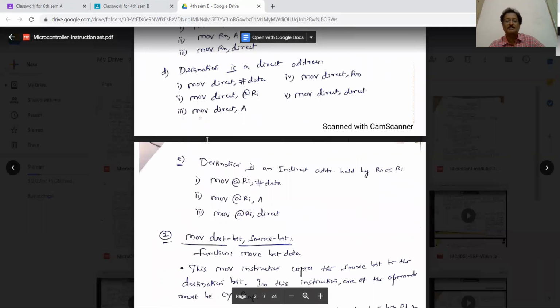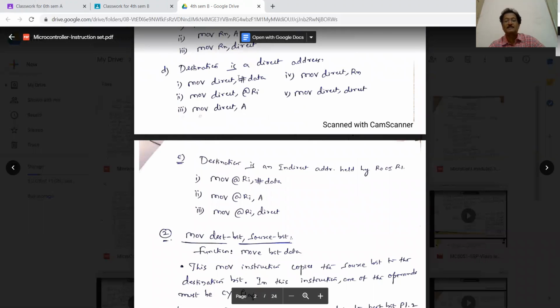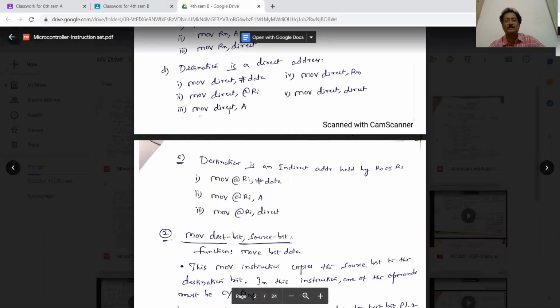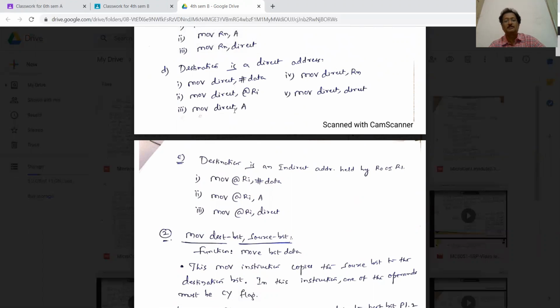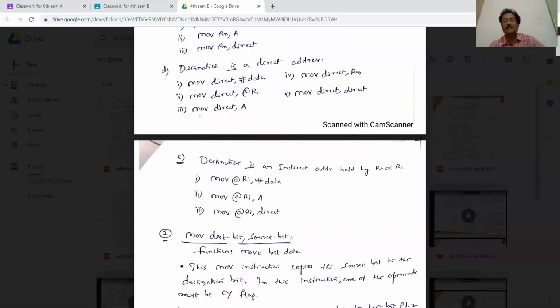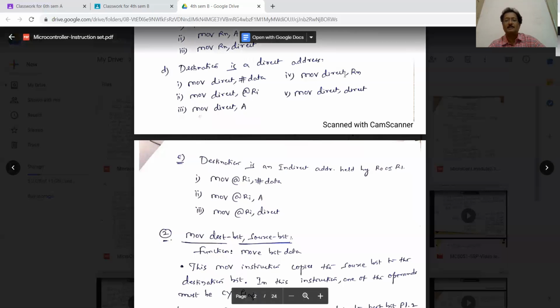Okay. Next, coming to the next set, destination is a direct address. Like memory locations are the destinations. One or two examples, if I want to quote here, I can write move 42H comma A. Then what happens? Content of the accumulator will come to memory location 42H. If I write here something like direct, 32H comma 42H, content of 42H, that is that memory location, will come to 32H, and likewise for the other varieties here.